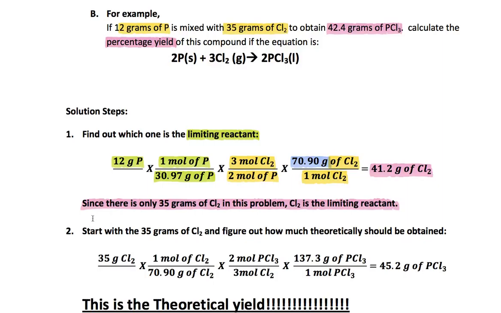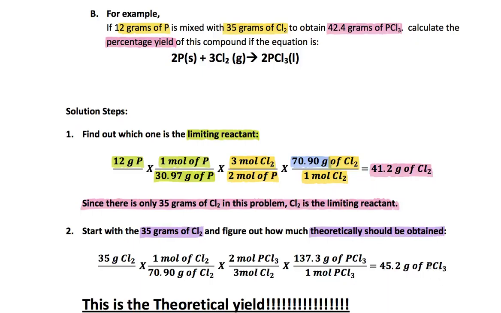That's a different example video altogether. So let's see what's going on now. I have calculated which one is limiting. So now I start with the 35 grams of chlorine and figure out how much I should have theoretically according to my balanced equation. So it's more stoichiometry. So we started off with 35 grams of chlorine. Now we need to figure out how much theoretically we should obtain of this